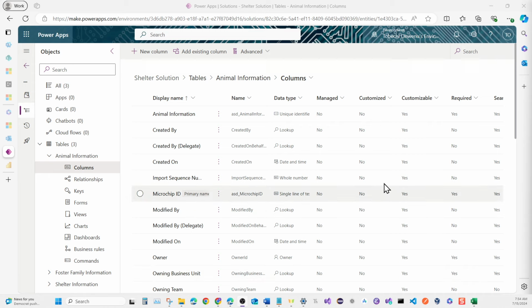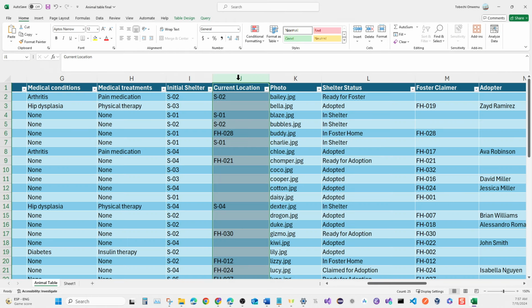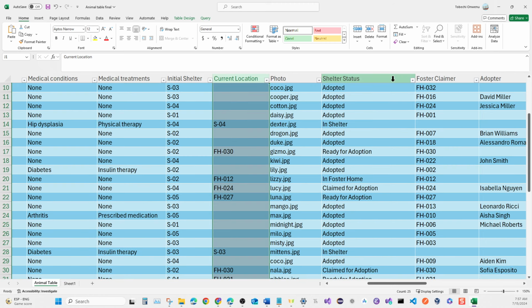And with that, we have just one more column to create, which is the current location. Like before, I said we're going to leave that column as the last column we're going to create. So let's just go back to our Excel spreadsheet again. So the current location uses the initial shelter column, and uses the foster claimer column, and also uses the date of adoption column to come up with the values that you see here. So let's just go ahead and I'll show you using the column